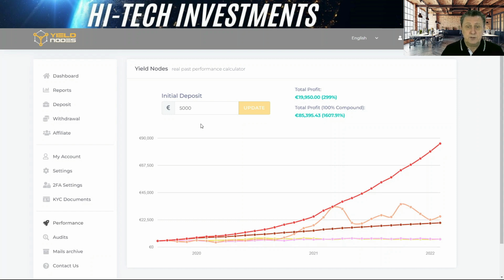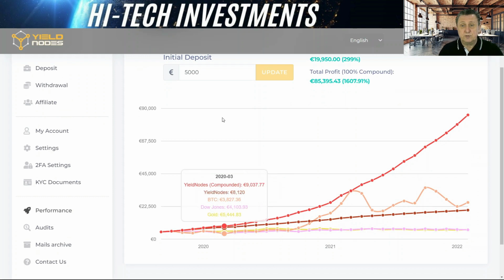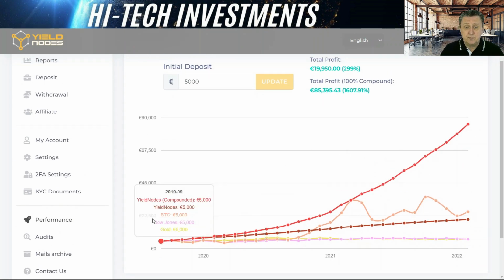And as always, Yieldnodes set this up, and they had this little project for a long time, where they're saying if you were in from the beginning, so this will go back to September 2019, if your initial deposit was 5,000 euros, what would you have today? And as you can see on top of it up here, it'll tell you that the entire profit on that particular time will be 299%, or you would have made